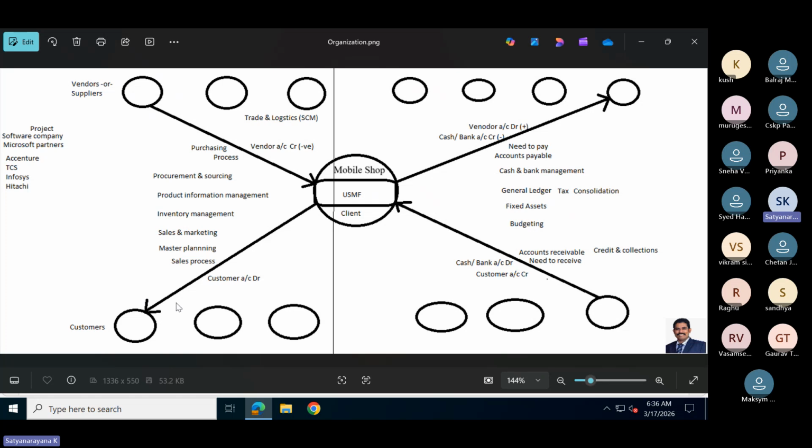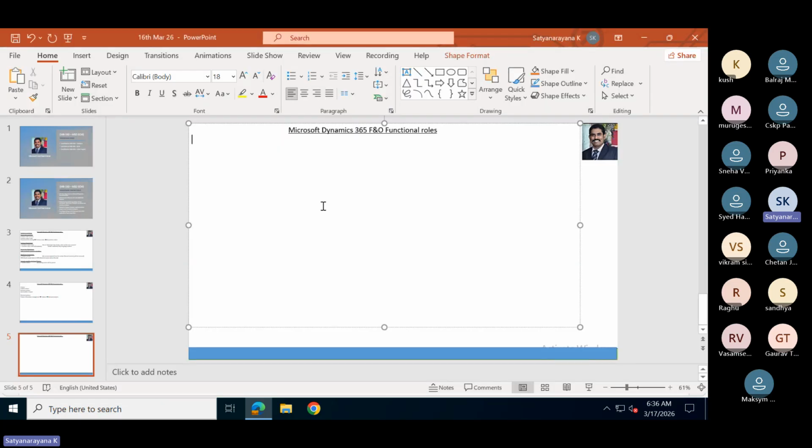Sales order process means the customer is requesting material from our company. We deliver material to the customer and give an invoice to the customer. That is what we are going to learn now.